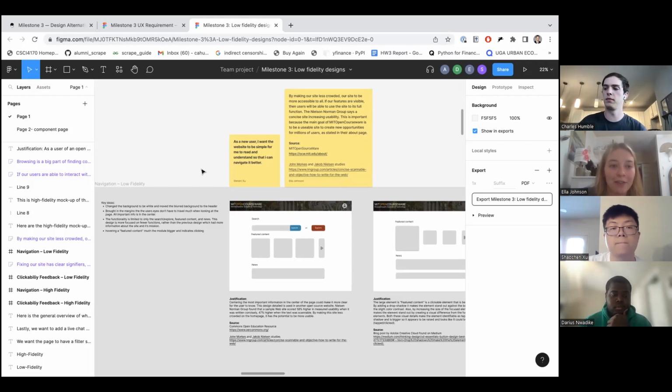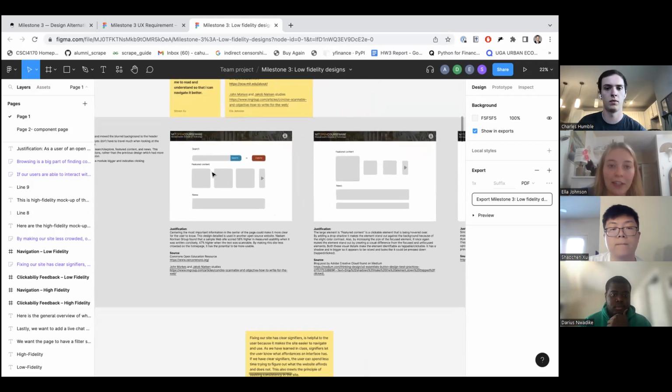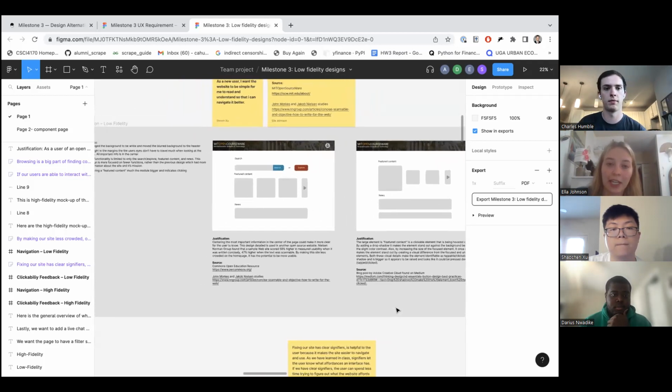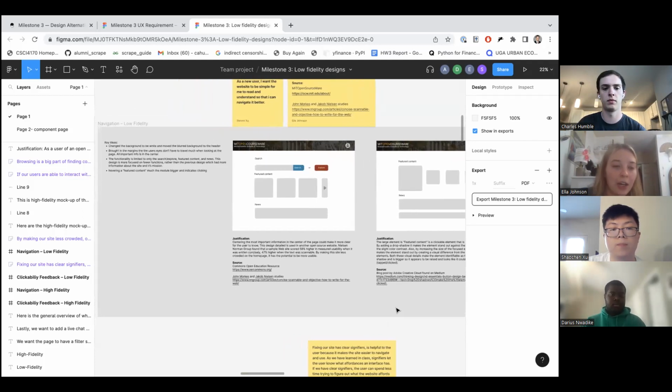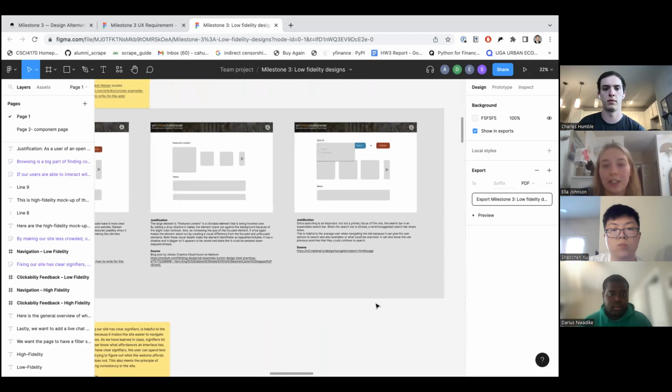And then down here we have the low fidelity stages and what they highlighted in there. For example, bringing in the margins and taking out the background. And there's justification for each of those decisions as well. Oh, and then also on the side we have the key ideas for that, which were what I just stated. And then if we scroll to the right,